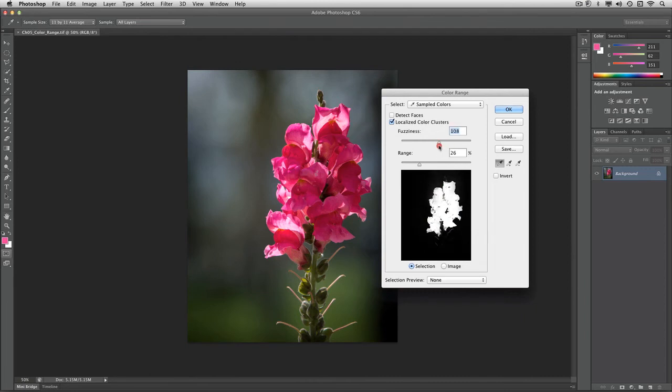Tweaking the fuzziness slider will adjust what is and is not selected, and if you have a problem area, just hold down the Option or the Alt key to subtract from the selection. In this case, I'm removing these slightly pink pistils that are sticking out from the flowers. That looks good. Let's just tighten that up a bit, and I'll adjust the range and click OK to create